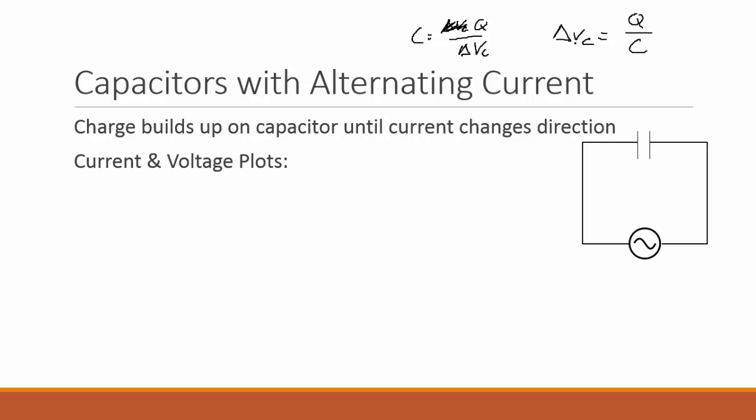And then if I just rearrange this, and again I'm going to use a lowercase v to mean the voltage at the moment, and likewise for the charge at the moment. And the amount of charge that has built up on there is related to the current. And we're going to use this discussion to relate current and charge to voltage drop. So I'm going to try to draw two graphs on here. I'm going to try to draw the current over time, and I'm also going to try to draw the voltage drop across the capacitor